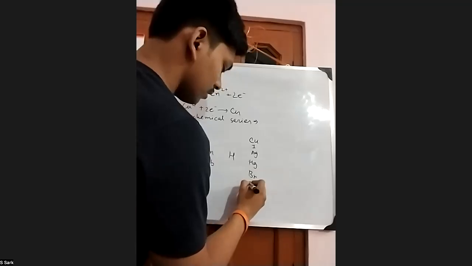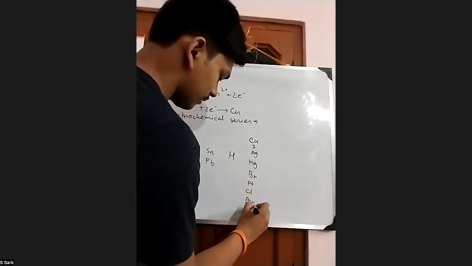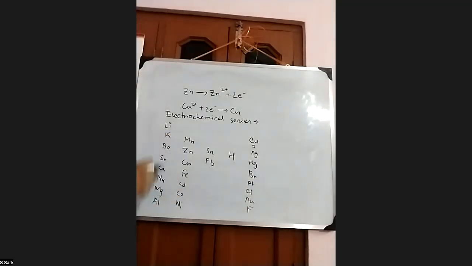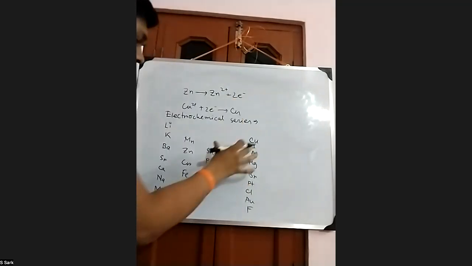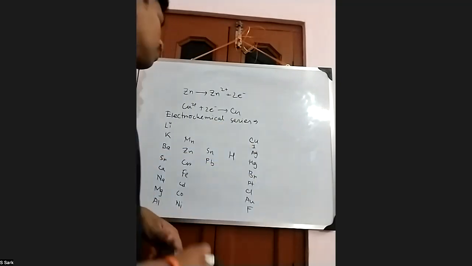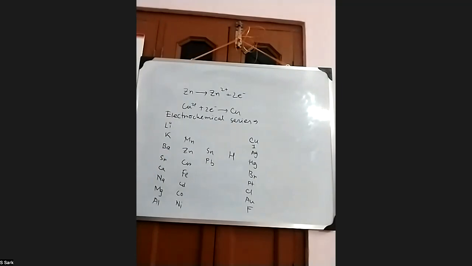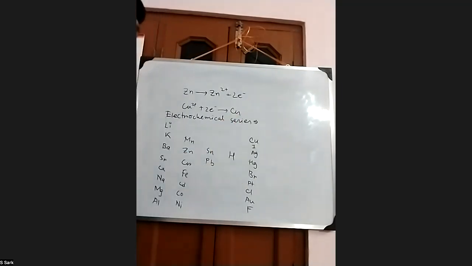So this is the electrochemical series, by which we can see the tendency of electronation and de-electronation of metals and non-metals by a proper value. So how can we measure it? We can measure it by a magnitude, and the magnitude is called the electroreduction potential. So what is electroreduction potential?